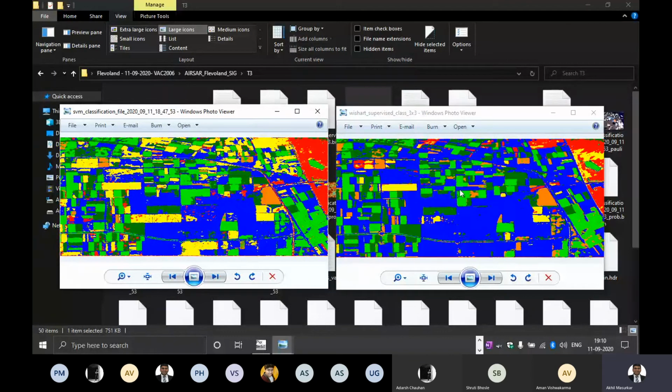Now you can see that Wishart classification is pretty clear. It doesn't have any spots, that means there are no noisy classes in between. But SVM has got some spots here. Red was water body, but you know there is a road here. So road also it is classifying as water body. And in between also it is saying that there are some water spots.